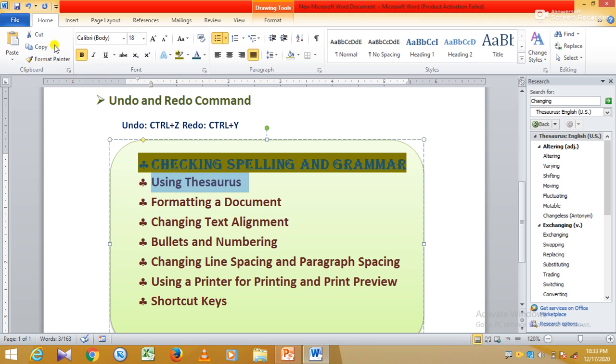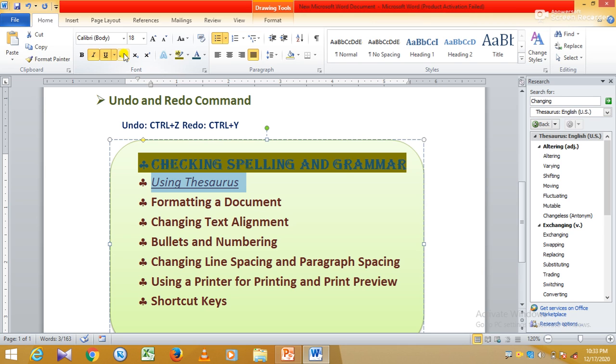Then you have to click on the B. Already it is bold, so I am applying it once, so it is unbold. Now press B again for bold. Then I for italic and U for underline. So in this way you can apply the bold, italic and underline font styles to your text.